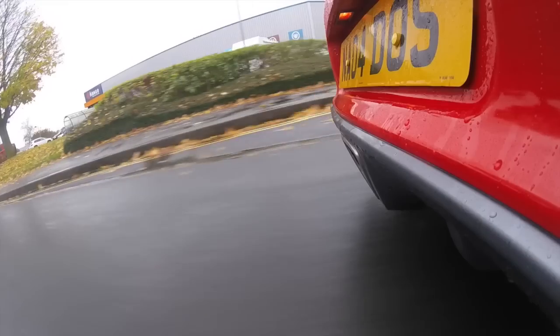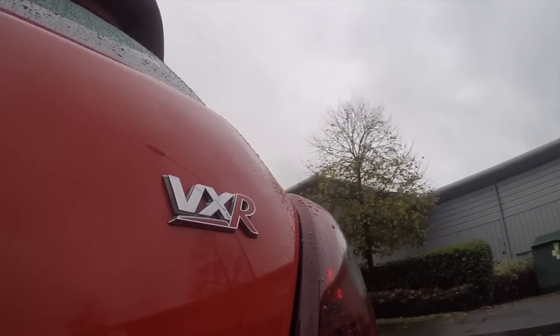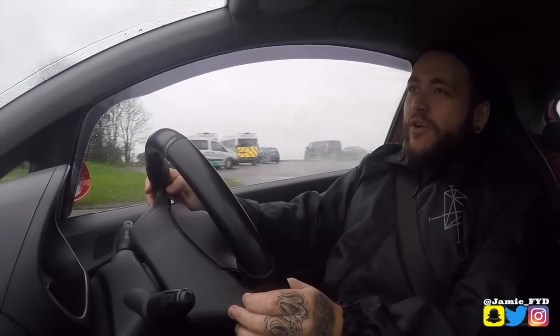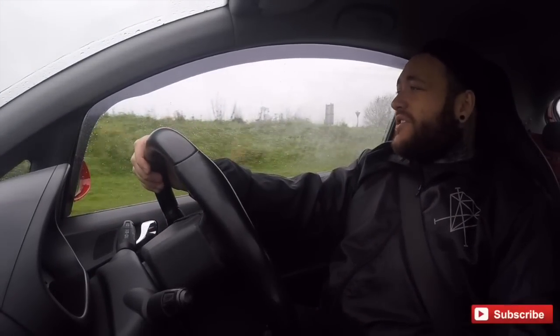To fill this car up, you're looking at around £40–45 on your V-Power shell, but you're getting around 300 miles out of that, which I think is a pretty big selling point. The 1.6 litre turbocharged engine is still good for 30 to 35 mpg if you need it to be, but it has that side where you can really enjoy this, throw it around when you wish to, and then put it in 6th gear because this has a 6-speed gearbox, and just